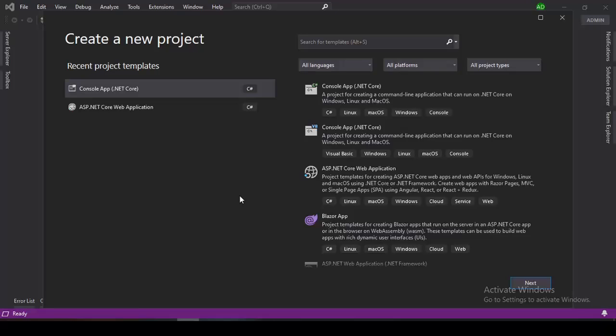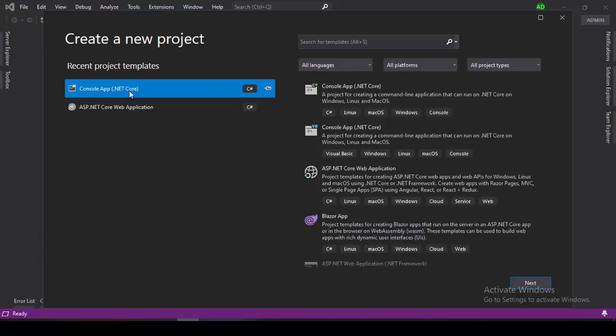As of now, we are going to learn console application using C#. All the templates which you have used before will come in the left panel under recent project templates. You can directly select from here.